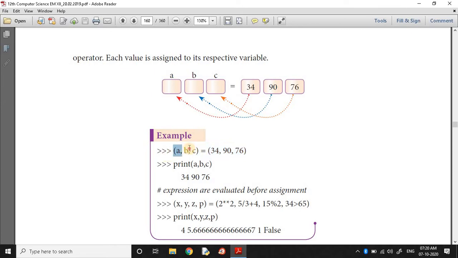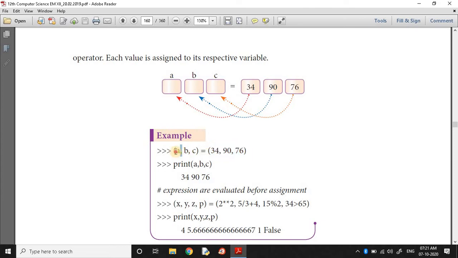Here, three variables are assigned as a tuple: A is assigned 34, B is assigned 90, C is assigned 76. A, B, C respectively take the values 34, 90 and 76.